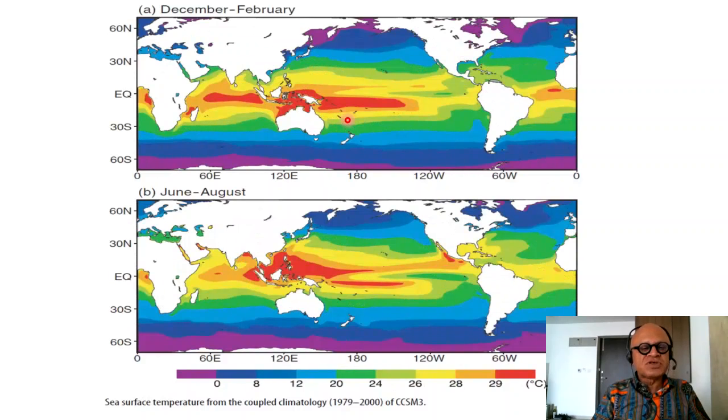So we can also do this with sea surface temperature. This is the sea surface temperature climatology of the NCAR CCSM3 model, averaged over 1979 to 2000 for December, January, February, and June, July, August. And it has many observed features. Sun is to the south in the boreal winter, so warmest waters are to the south. Sun is to the north, so you see warmest waters are to the north, but it has these systematic biases